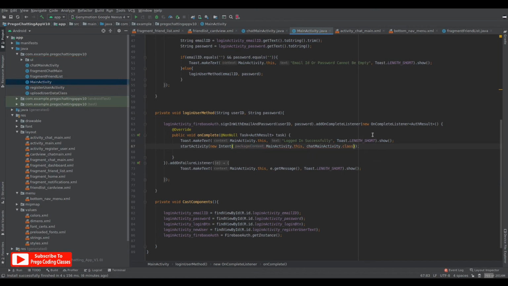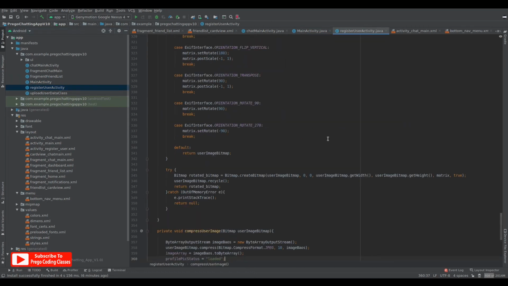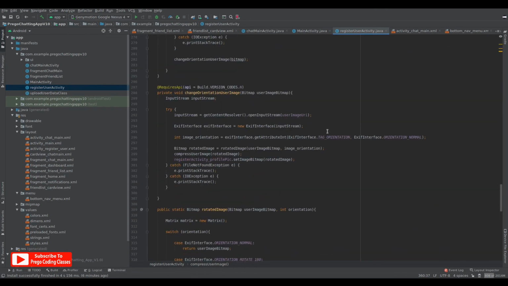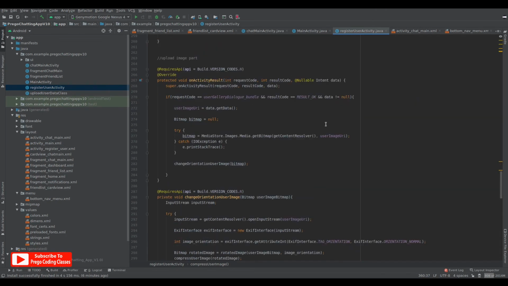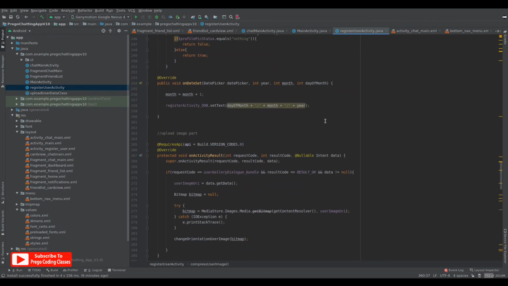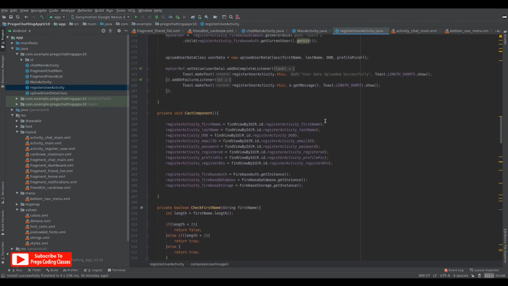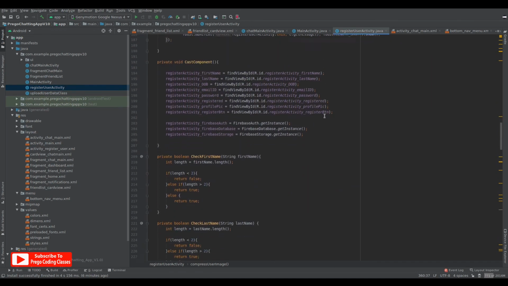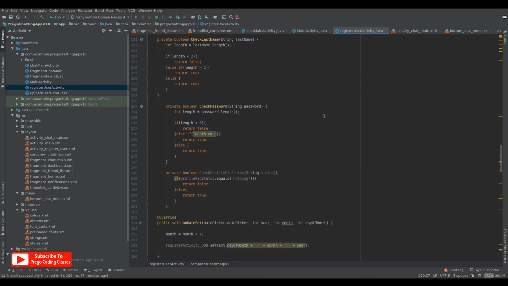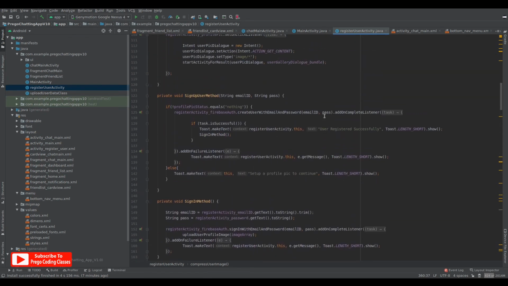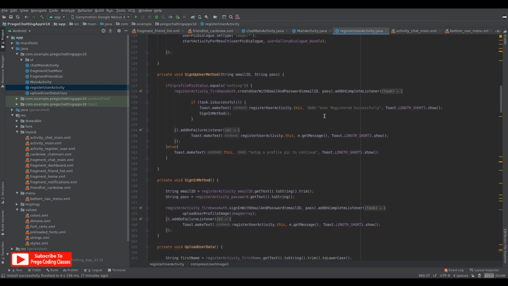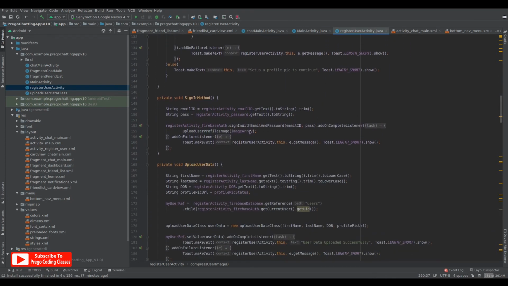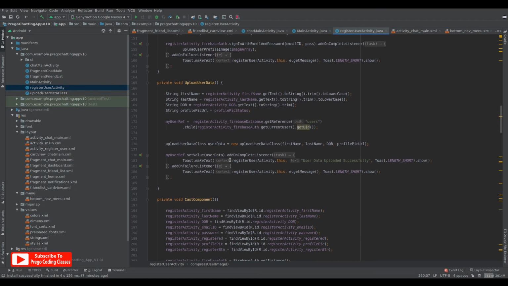So after login this fires up, and let's just check the register user activity once. So after the user is successfully registered, let's see what happens. So let's go to the part, okay, upload user data. So user data uploaded successfully.